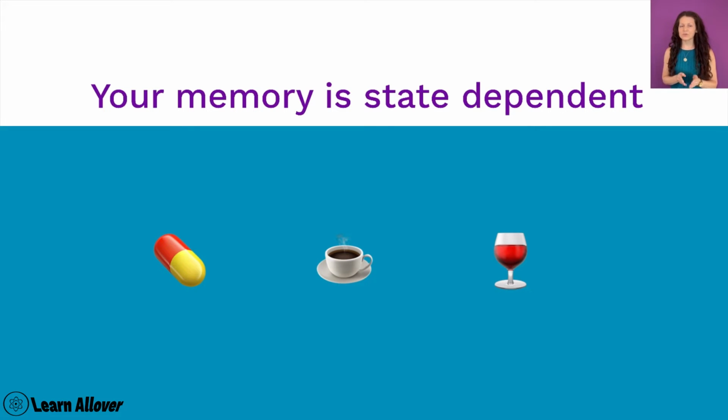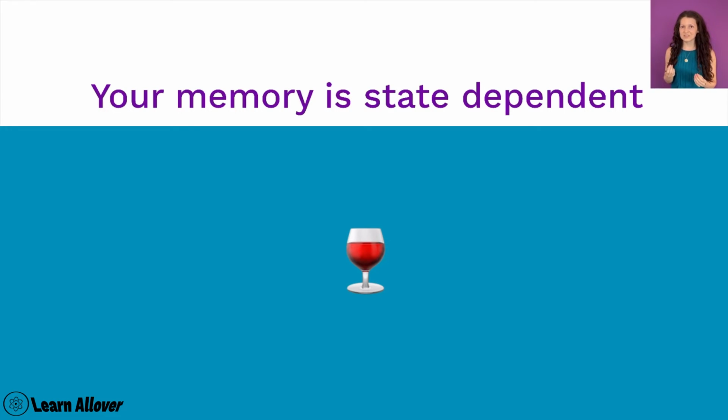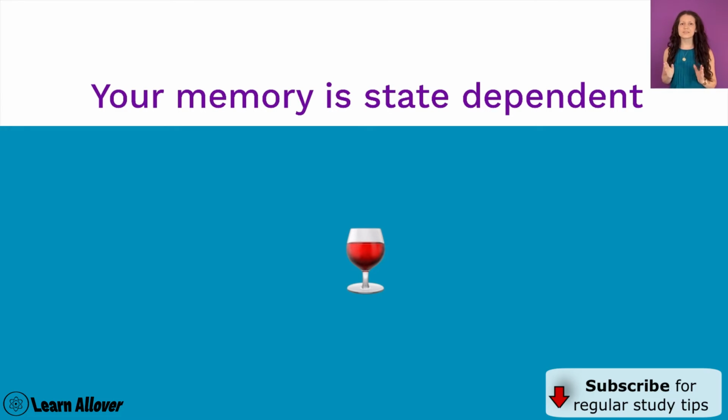Research has shown that students who were out drinking and studied after were less likely to remember in the test situation than they were sober. Those students who had a glass of alcohol before they took the test were more likely to remember because their encoding and retrieving state were similar. Of course, it has to be said that alcohol will decrease your general mental process and concentration. So stay sober in both the encoding and the retrieving situation.